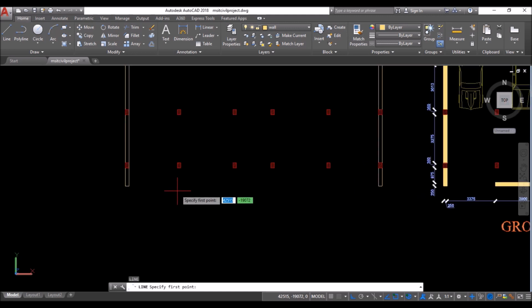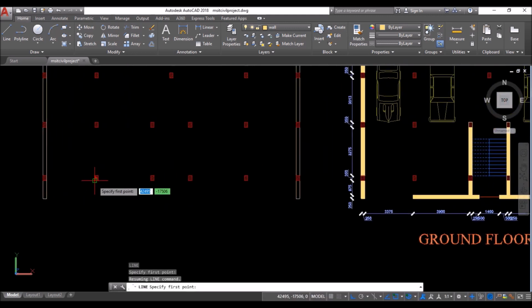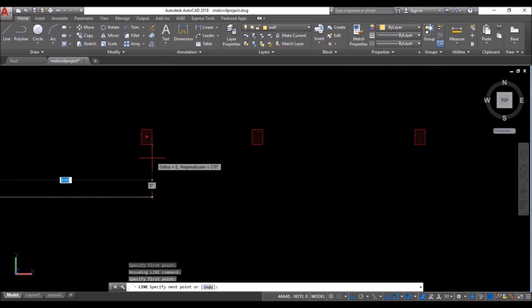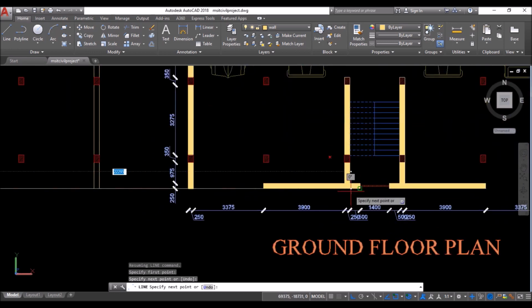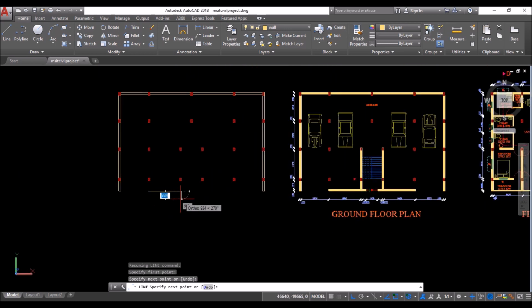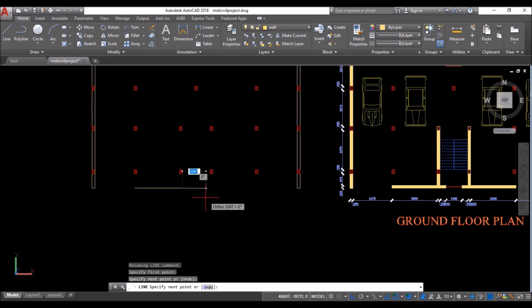Now repeat line tool. Take this snap's extension downwards and this snap's extension towards right, and then click at the intersection of both the extensions. Then take this endpoint's extension downwards as shown. Now this length is 500 and this collapsible gate is of 1400 mm width. So move the cursor towards right, type 500 and press enter.